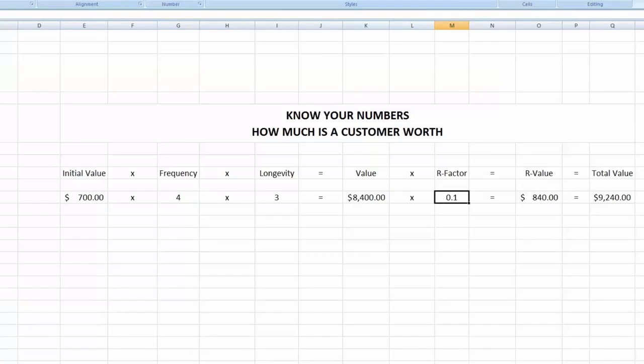How much is a customer worth? I want you to take a look at this information that I've discussed here in the video, and then listen to the podcast and come back to this, and please think about the lifetime value and the lifetime cost of a customer, because it's going to help you predict what your business is going to look like over the next 1, 2, and 5 years, and it's going to help you determine how much you can spend, which we'll talk about in another podcast, in another video, how much it makes sense to spend to get new customers.